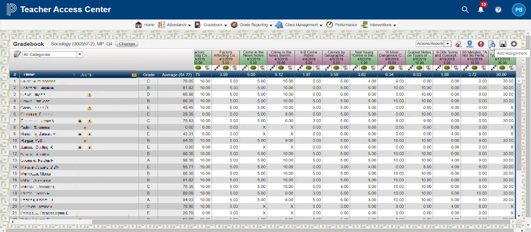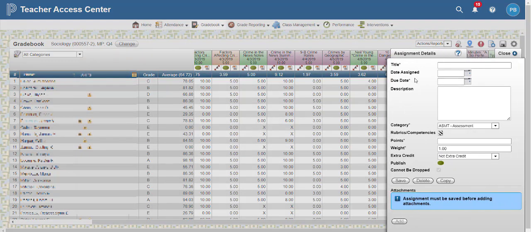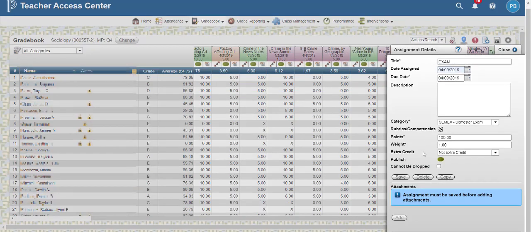So you can see that in this particular case, we don't have a final yet, but we can put one in. To do that, we put it in as an assignment, but we pick the category of SemX for semester exam. So we're going to put a date in that would be during that quarter. Remember, this is an archived version of eSchool Plus, so I'm using 2019 as an example. I'm just going to call this exam, and I'm going to make it worth 100 points. When I save that,